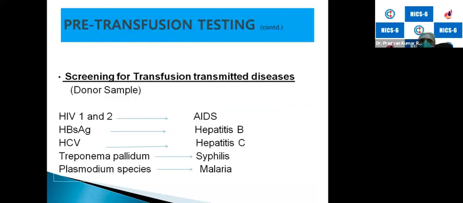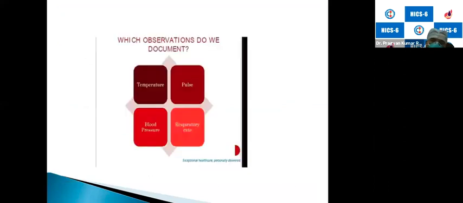And we do a lot of pre-transfusion testing to rule out any transmissible disease like HIV, hepatitis B, hepatitis C virus, syphilis, malaria. These commonly vary from lab to lab. We also do some documentation before transfusing blood: we check temperature, pulse, blood pressure, respiration. Somebody with a high grade fever should not be given blood, because if you give blood at that time and there is some reaction, we won't be able to pick up any cross transfusion reaction, because the patient is already having fever. The major common side effect of blood transfusion is a spike in temperature. That is why it is better to give blood only when temperature is normal, so that you can pick up any transfusion reaction early.